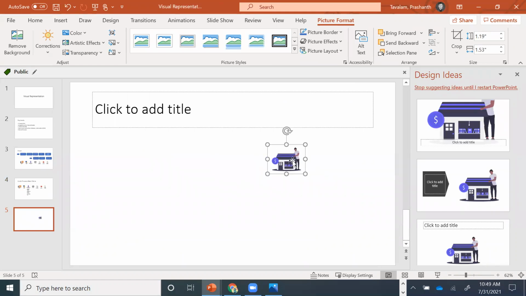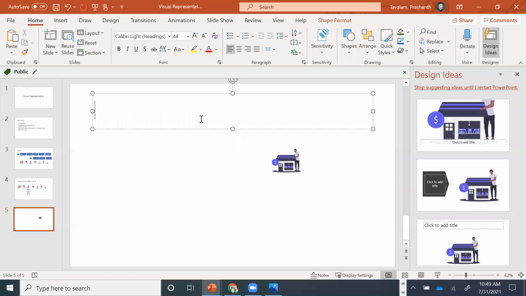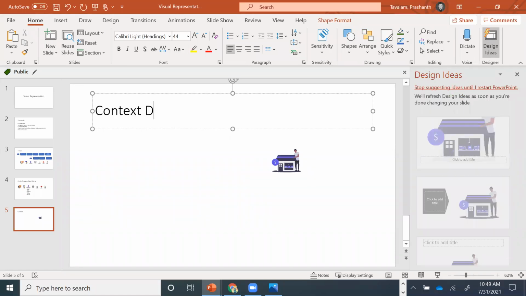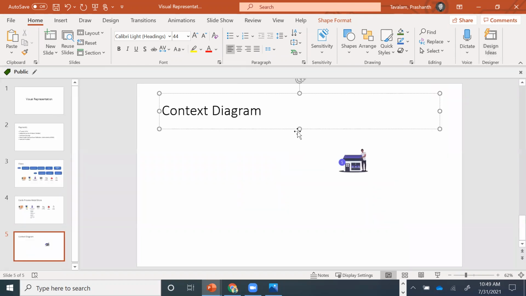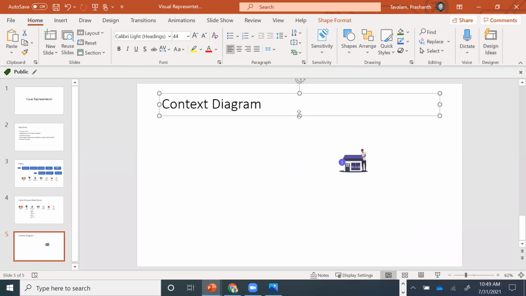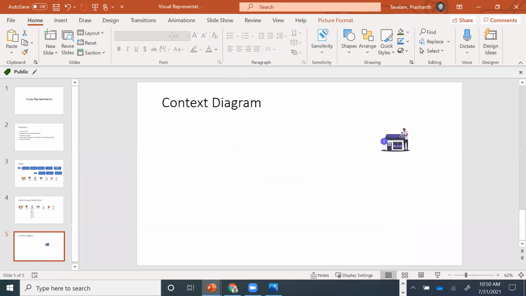Now we will do what is called a context diagram. A context diagram basically helps you understand the context in which the application has been created. A context diagram also gives context in terms of where your application or solution is and who are all the stakeholders or systems interacting with it. For example, here,